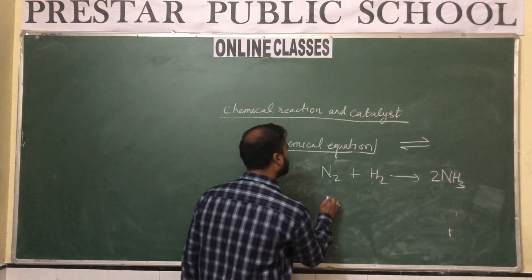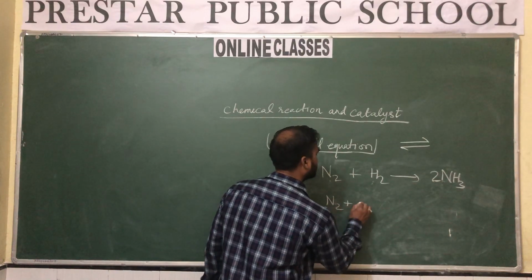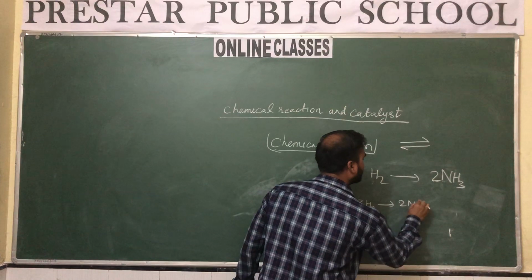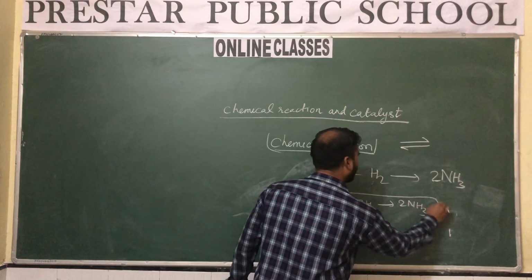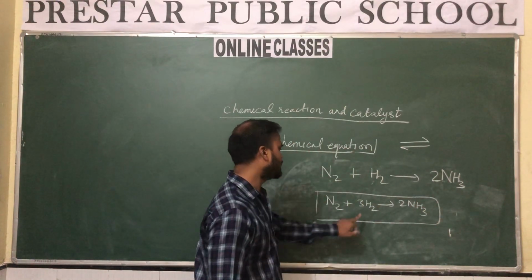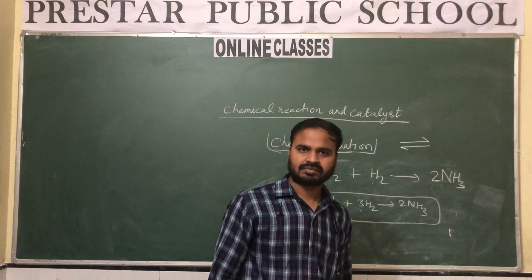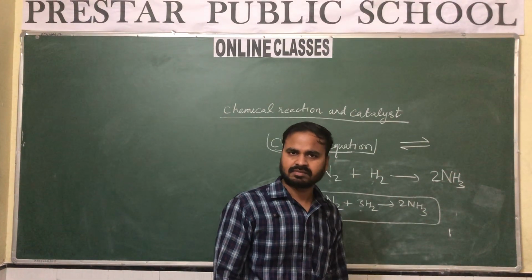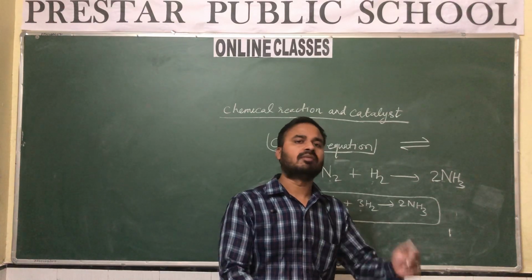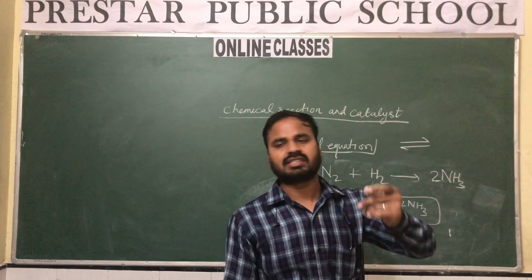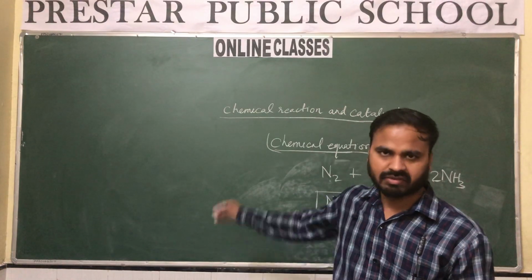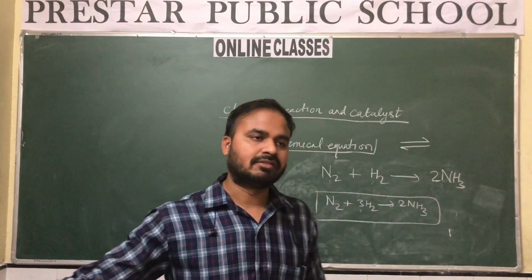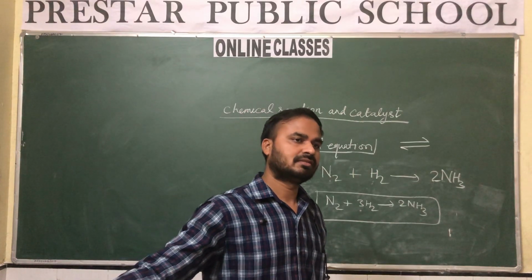So in the last, 3 H2 and 2 NH3. This is the balanced equation. I have got a balanced equation. If again you have a problem with how to balance an equation, then ask me which reaction you want balanced. But first I have told you a way to balance. Now I will give you some questions to balance.